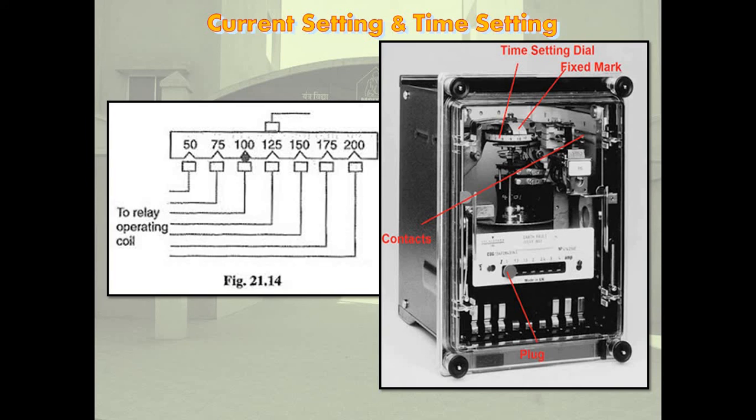So the rated secondary current is 5 ampere and the tapping is 150%. So the pickup current will be 150 divided by 100 into 5, so 7.5 ampere. Hence the relay disc will start moving when the relay current becomes 7.5 ampere or more, and the contact will close. This means the relay will operate when the fault current becomes 500 into 150 divided by 100 into 5, so 750 ampere. So this is the current setting.